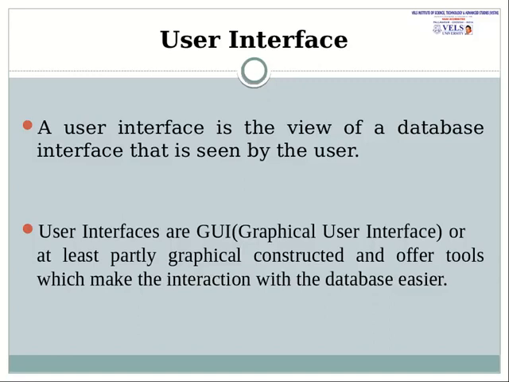For example, in a login form, the backend application stores the login details. In these login details, the username and password are saved. Once the user clicks the submit button, it checks whether the username and password are correct or not. That is called the user interface between the front end application and the back end application, the interaction between the application layer and the database layer.